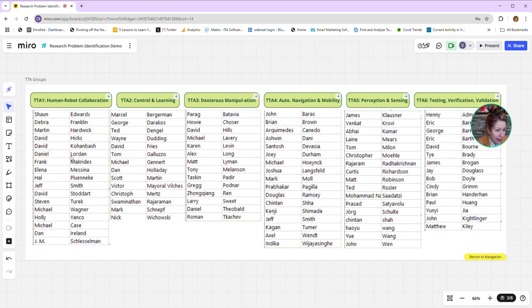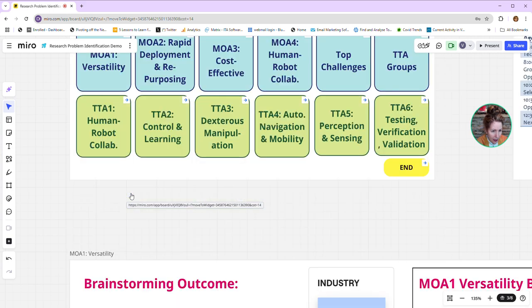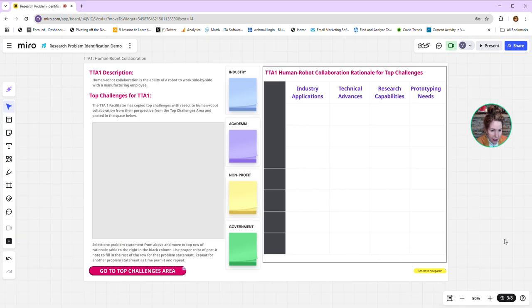And then you explain that again, they're going to get a Zoom invite to join their TTA breakout group. You're going to instruct participants to go ahead and click on that link to join their breakout group. And then once they're in the Miro board, they can either click on their group from here or from the navigation screen. I'll go back to the navigation screen. You're going to have them click on their TTA area. So let's say I'm in TTA 1. That's going to bring them to their group work area